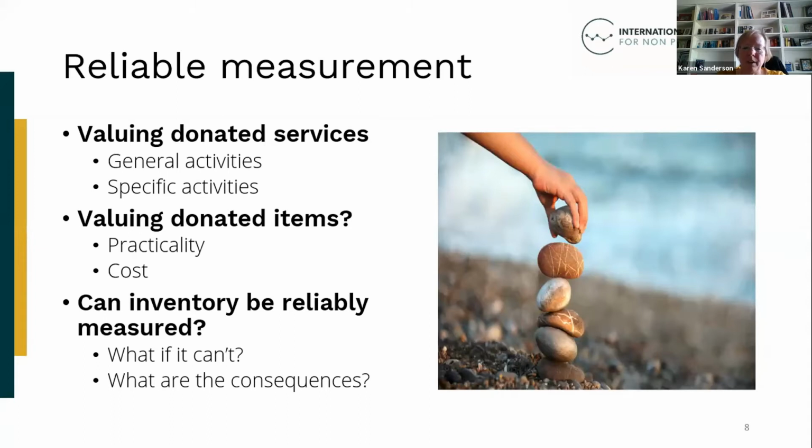And this reliable measurement will be the fair value, where the fair value becomes the deemed cost of the item or items that have been contributed. Again, that might sound straightforward, but to determine the fair value, an NPO needs to know the date that it took control of each item and be able to find an estimate at that value date. As I said, if an NPO cannot obtain a reliable measurement, it cannot recognise the item as an asset or piece of inventory in its balance sheet, or at least it can't do that until it's able to get such a measurement.